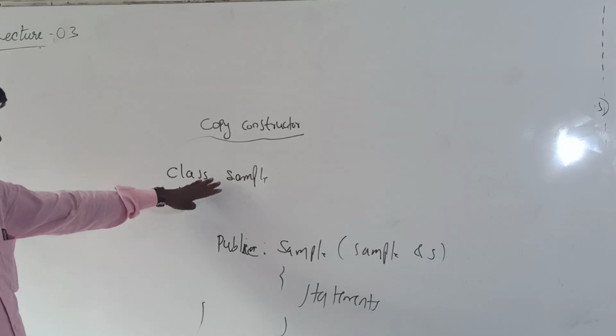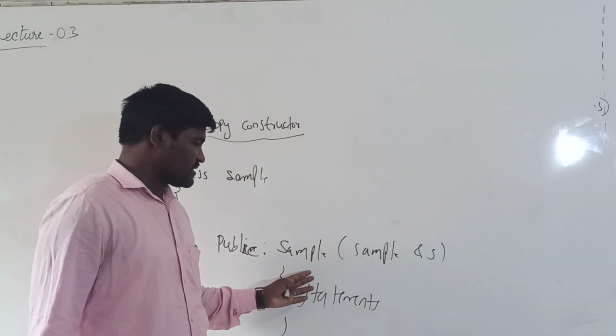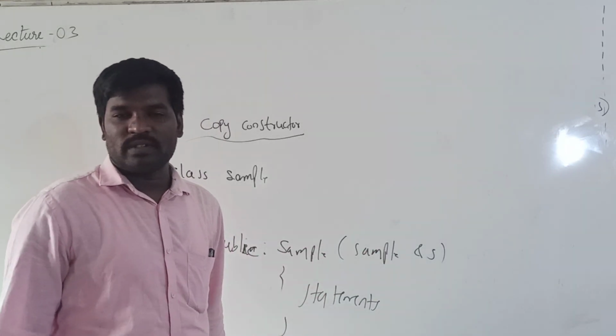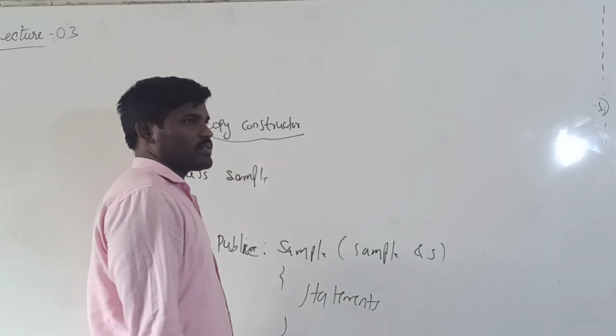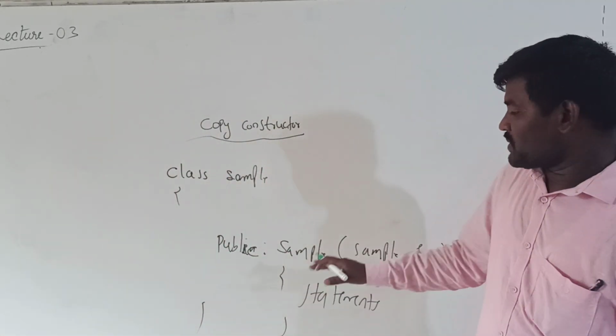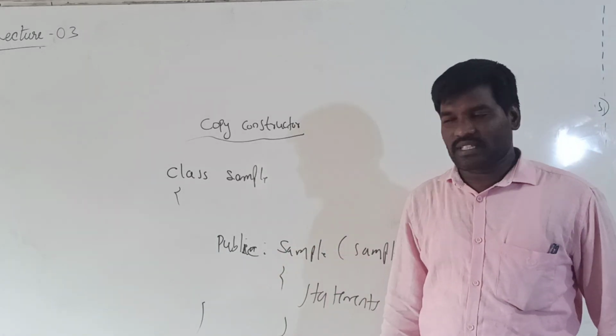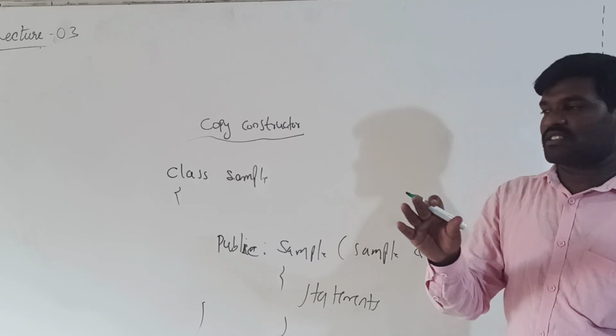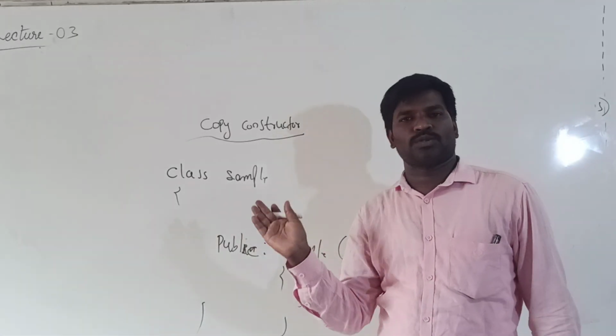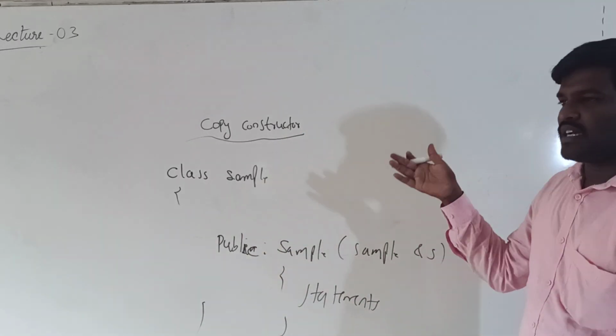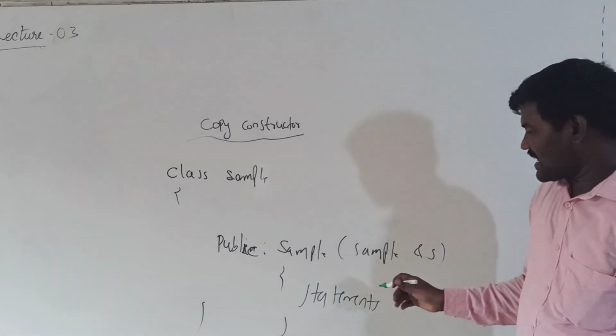See here, sample is there, here constructor is there. A constructor which takes an argument is a parameterized constructor. So here the copy constructor is, first of all, a parameterized constructor. It is used to copy the values from one object to another object. Okay, so here the syntax is